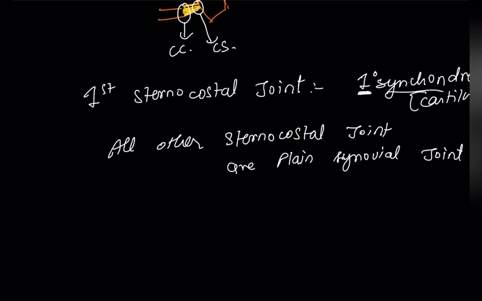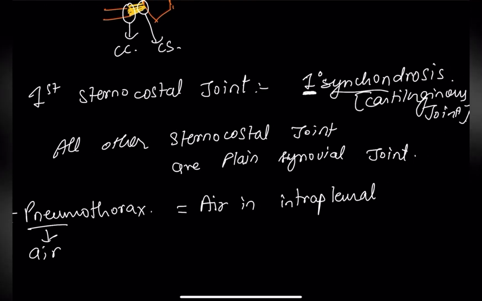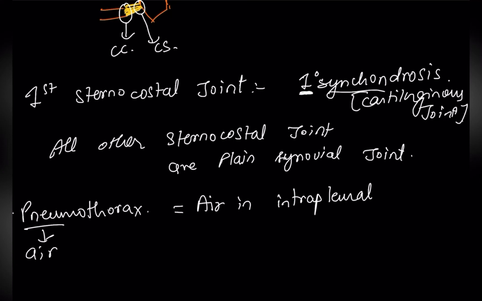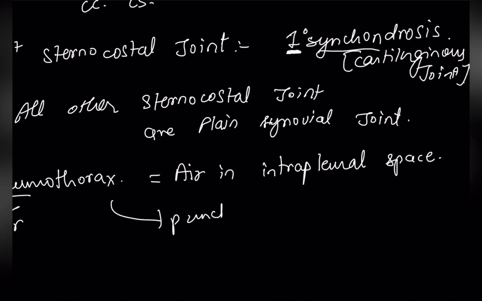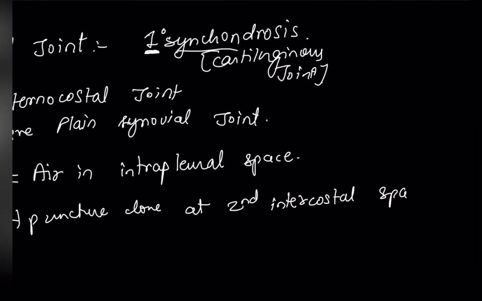Okay, so you have to remember one more thing about this pleural puncture. If there is pneumothorax, what do you mean by pneumothorax? Pneumo means air. So if there is air in the thorax or air in the intrapleural space, what is the intrapleural space? Like the brain is covered by meninges, in the same way lungs are covered by pleura. So the space between the pleura is called the intrapleural space. I'll be explaining this in detail when we do the lungs. Okay, here the puncture is done at the second intercostal space. You have to remember this, it's clinically important. Second intercostal space at the mid clavicular line. In the very first video I explained these lines, so now I hope you understand the importance of it.